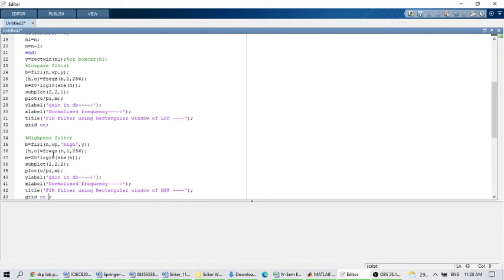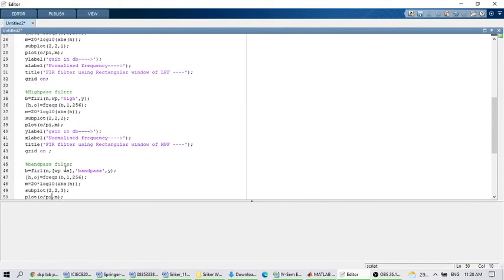After that, in order to plot the frequency response, I have to use the command FREQZ. If I don't give this H comma O equals to, then directly it will give the magnitude response and phase response. Or else, if you want to know the frequency component values and the corresponding frequencies, then you have to give the command like this. After that, you can plot the magnitude response separately, and even if you want the phase response, instead of ABS, you have to give angle. So plot the magnitude response of the high pass filter in the second region.